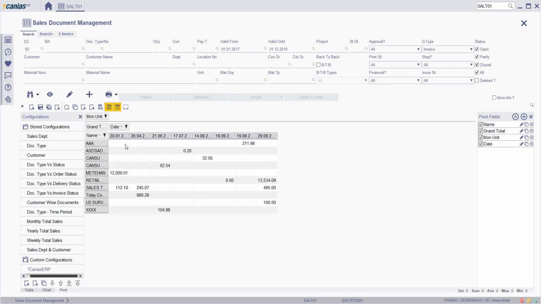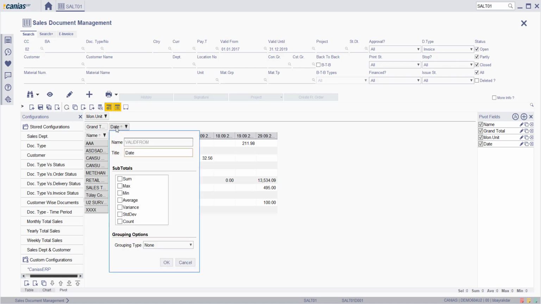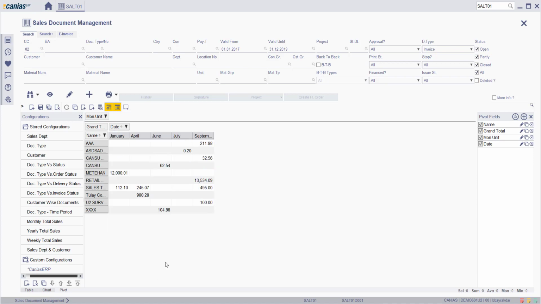Of course, information like date is very wide, so we can group it under months or years or weeks. I'll say months for now.